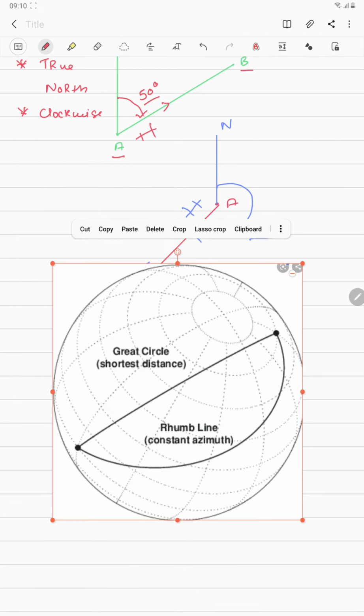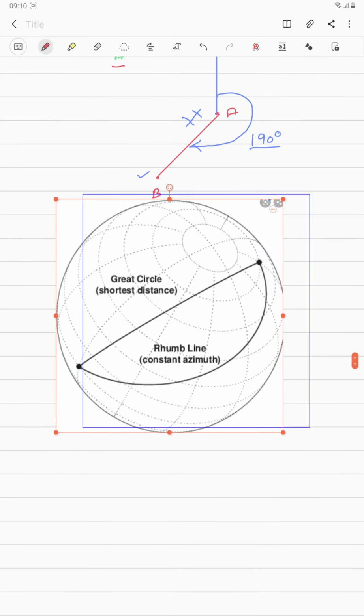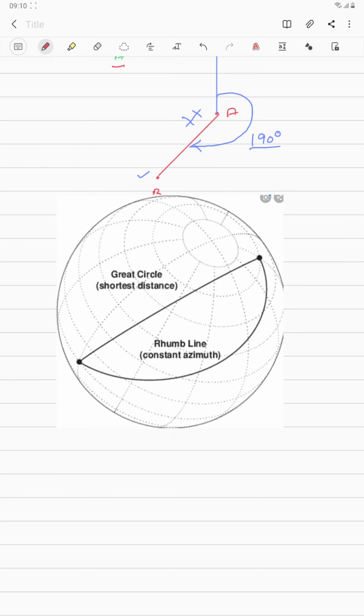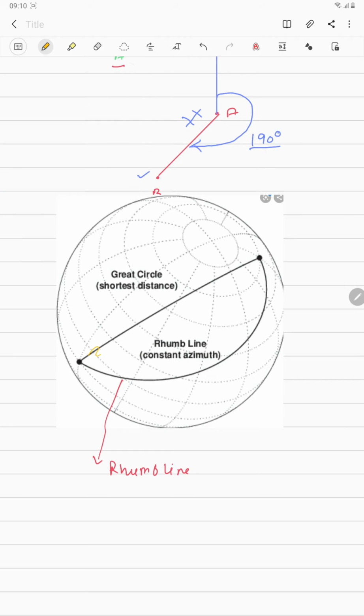So this is the image, guys. Okay, all right. So here, see, this is your rhumb line. Okay, this one, and it is marked here. This is your rhumb line. And now, guys, have a look here. If this rhumb line is cutting this particular meridian at this angle, and this line is cutting this meridian at this angle, and here it is cutting the meridian at this angle, and here it is cutting the meridian at this angle.